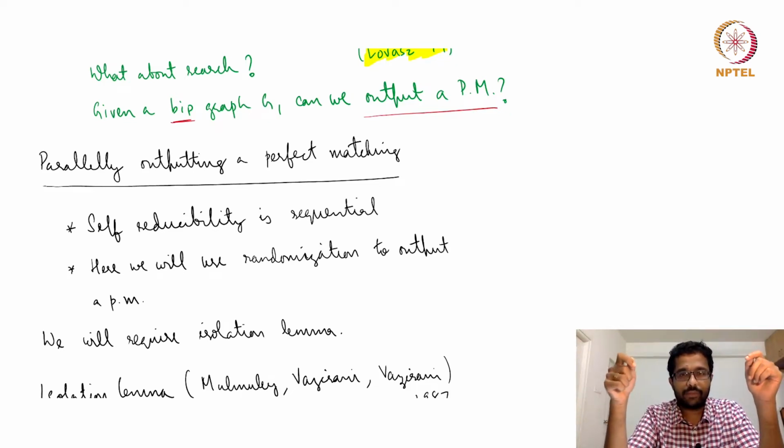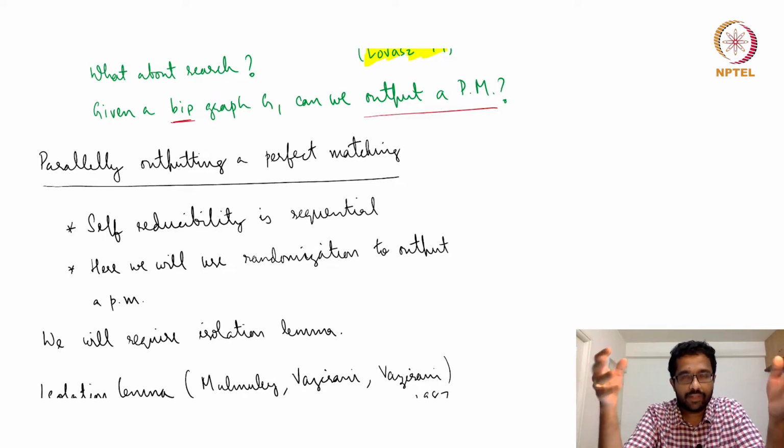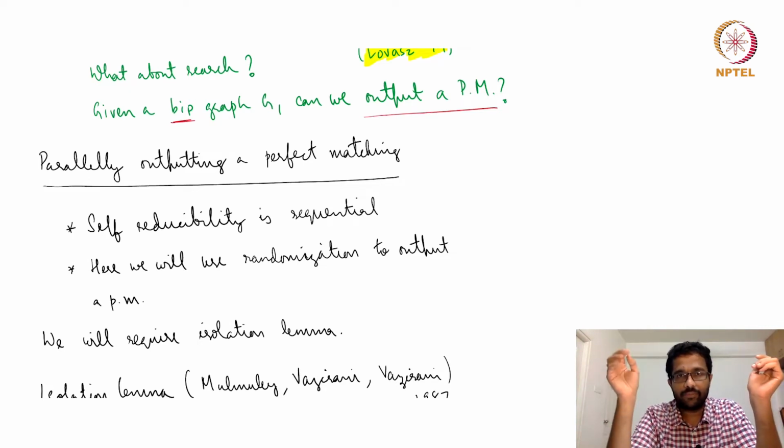If it has a perfect matching, then you pick one edge from the graph, remove it, and check whether the remaining graph has a perfect matching. If the remaining graph has a perfect matching, then fine, you can continue. If the remaining graph does not have a perfect matching, that means the removed edge was essential for the graph to have a perfect matching. So that means that edge was there in all the perfect matchings. So you retain that edge and then compute the perfect matching for the rest of the graph,